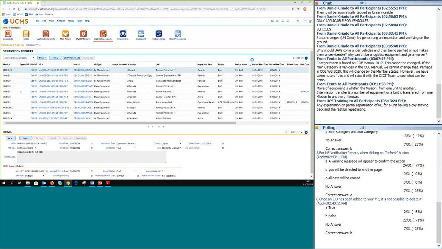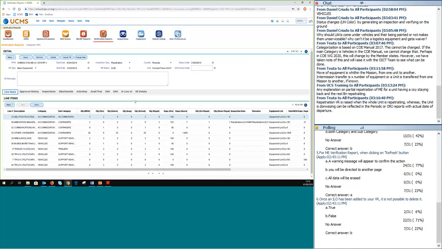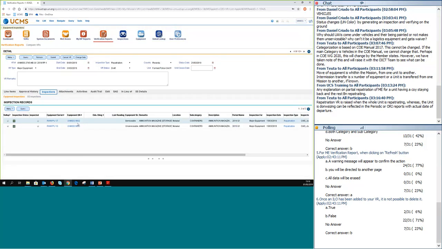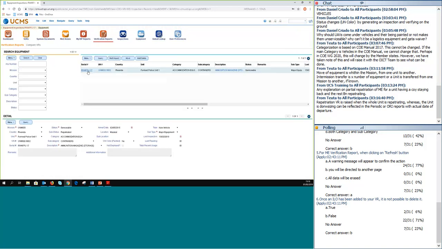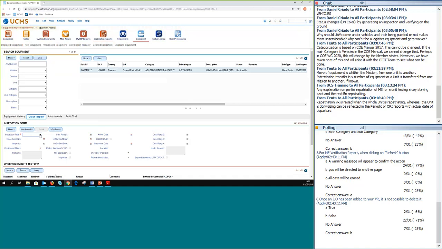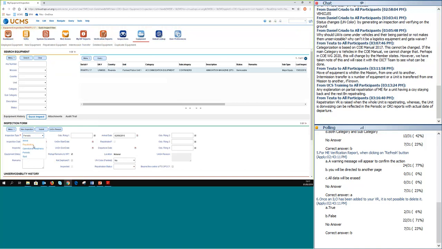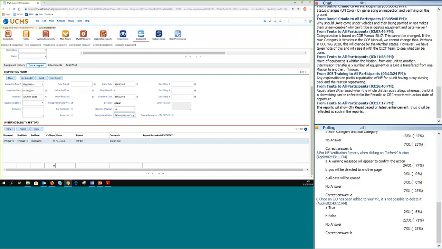One aspect of the repatriation status, I was trying to show that and I couldn't, but let me see if I can show you all the different statuses. Okay, what I wanted to highlight, and hope I can see it here, is,